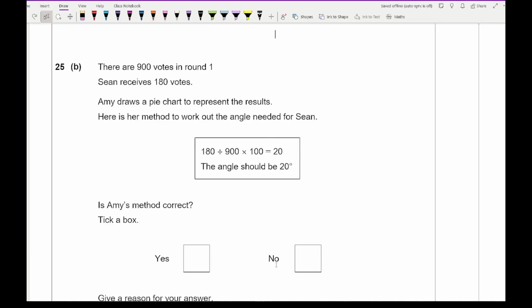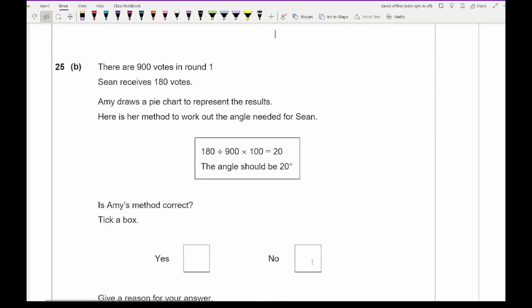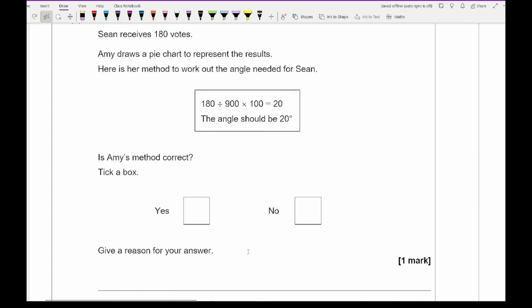And again, I've got a real bugbear about how they set these questions out. I'd much prefer you to have space to work it out and then give your answer of yes or no. What you don't want is to come to a conclusion, click yes or no, and then work out the maths to prove whether that answer is correct, in which case it could be wrong. I wish AQA did this the other way around, showing your working out and then going from there. Now the one you want to tick is no,